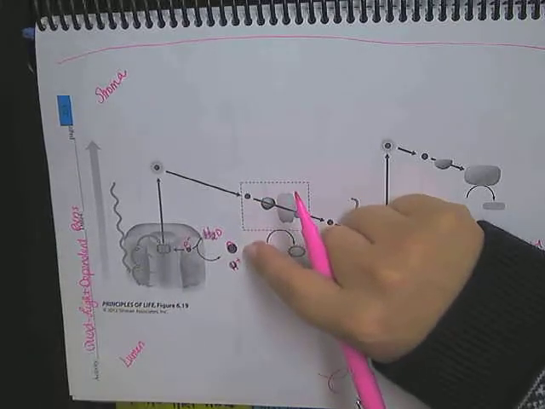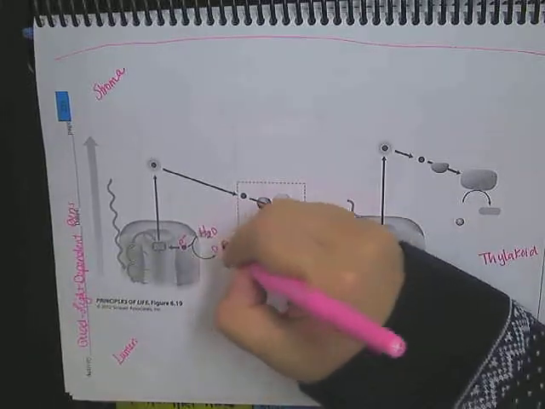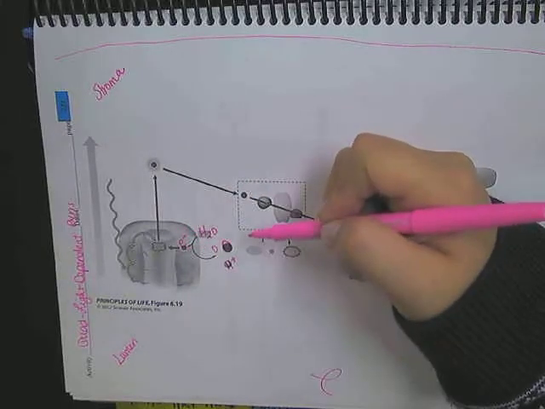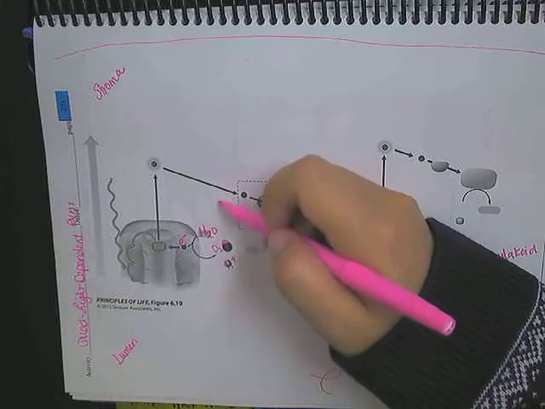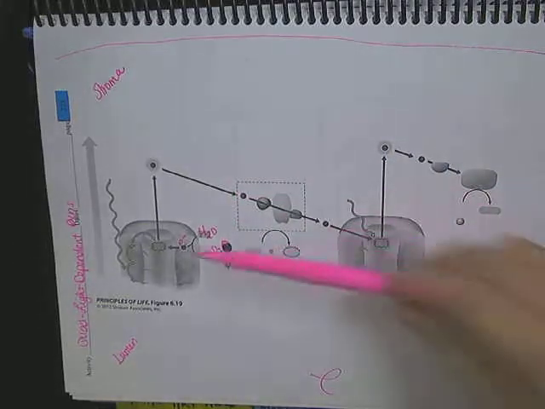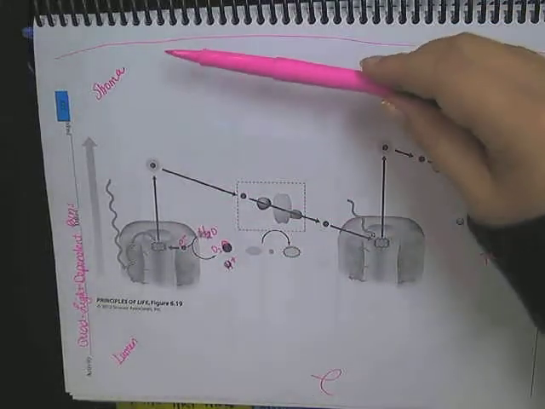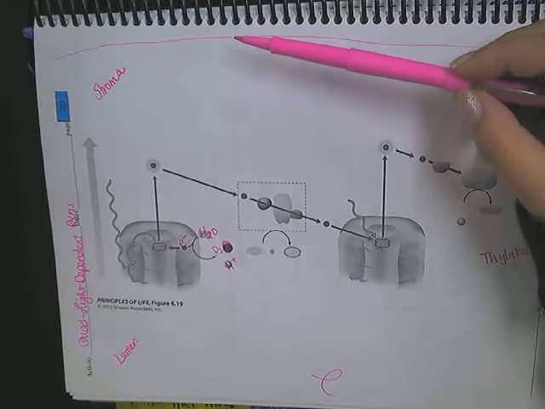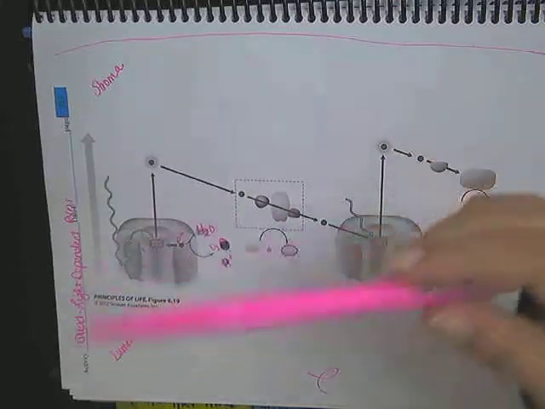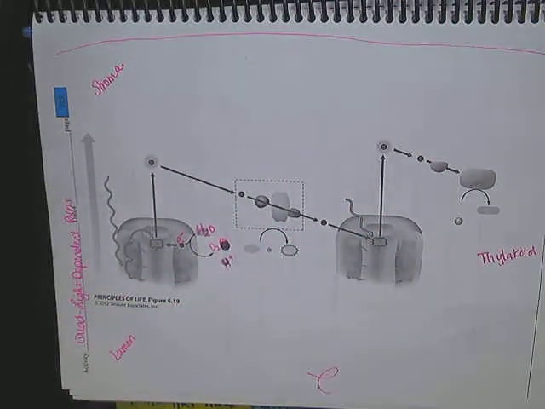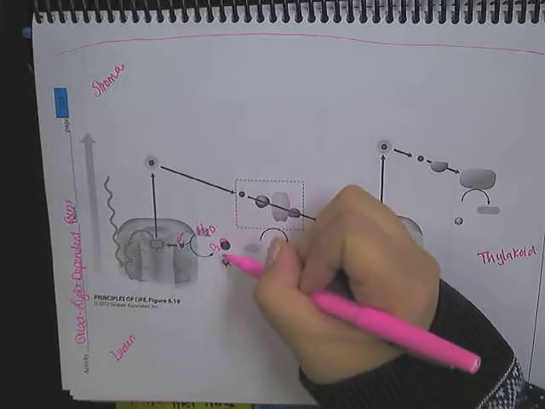Eventually, this oxygen will join with another. Let's write that off to the side. And oxygen is diatomic, so this will join with another oxygen. And then this oxygen would be able to diffuse out of the thylakoid membrane, out of the membrane that surrounds the stroma, and then either into the mitochondria, or it could just exit out of the cell through specialized pores, and then aerobic organisms can breathe that in and use that as their final electron acceptor. But plants will use it to